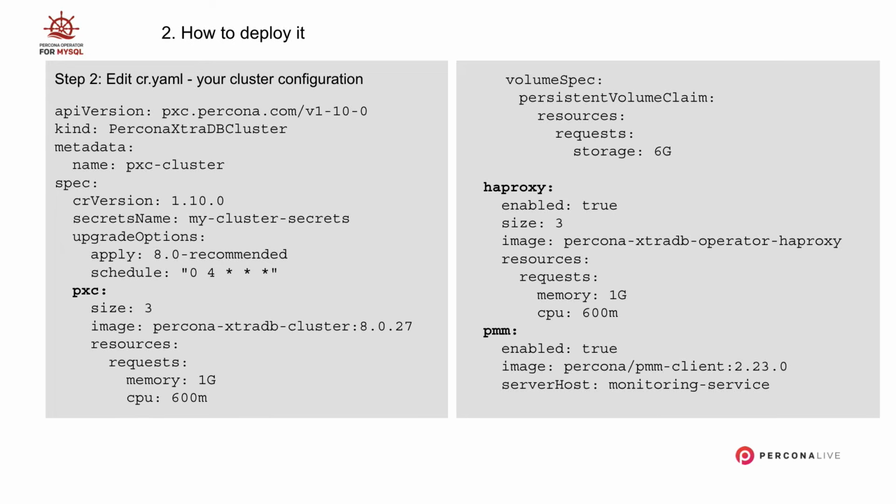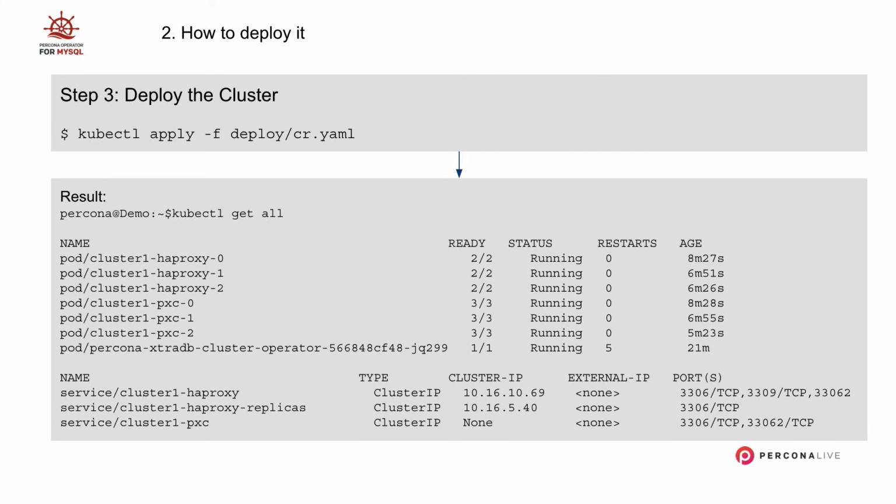Of course, you can configure many more things, like for example, enabling integration with Percona Monitoring and Management. That's super simple. You just need to say, hey, PMM enabled, and basically put the server host and also some credentials that I don't show here. And you have your monitoring done, right? That's related also to backups and many other things. But the idea is you take this declarative approach to describe your infrastructure, to describe your cluster, you deploy it on Kubernetes, and the operator, oh, somebody wants a new cluster, so it starts preparing all the things out there.